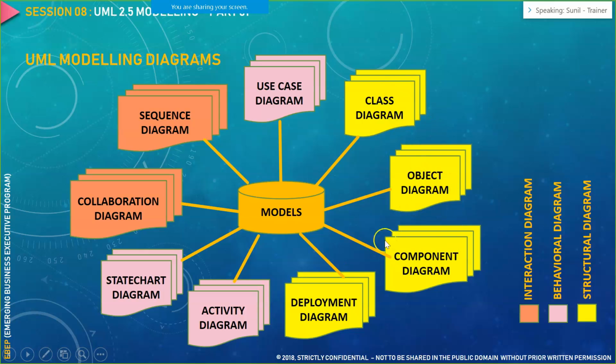And the structural diagrams are nothing but the way you structure or organize your infrastructure or system. For example, classes and objects are part of your structural diagram, wherein you first create a blueprint with the help of a class, and then you create the object of that class. Then comes your module level structure, the component diagram, and the deployment diagram. So in all there are 9 types of UML diagram.